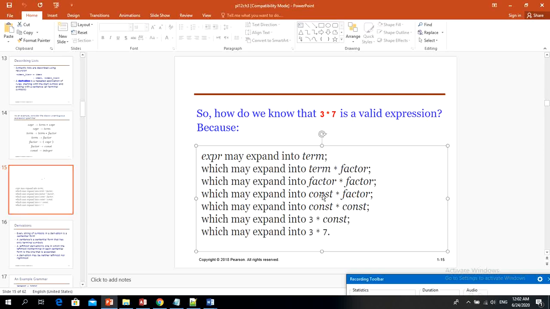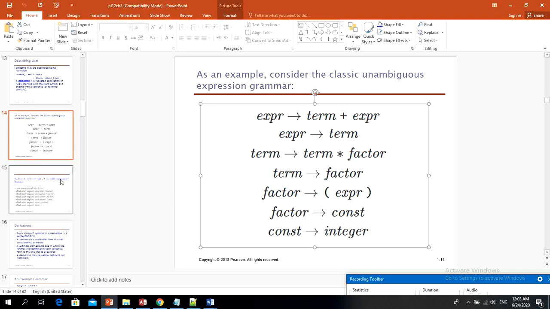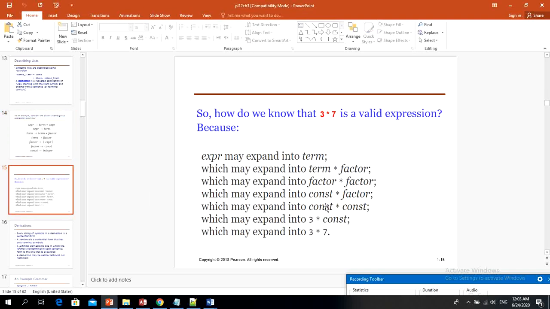It could be a constant multiplied by factor. Why constant? Because a factor could be a constant. How could a factor be a constant? Because a factor could be a constant from here. Factor equals the constant, this one here. And then this one might expand into constant multiplied by constant. Why did I replace this factor by constant? Same as I did before. A factor could be a constant, so I replace this factor by constant. So constant multiplied by constant,